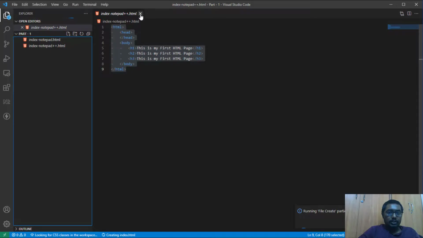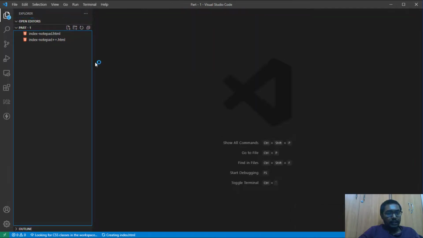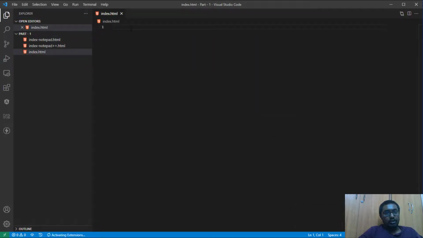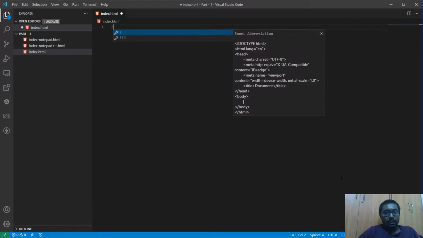Now I close this file and open that index.html file. Here, when I click like this, I get an option like element abbreviation.